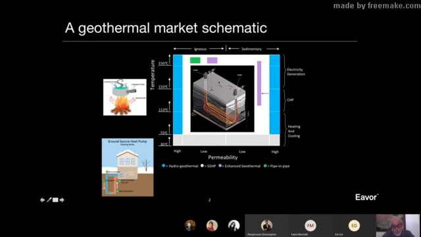Now, the idea, what they want to do is to have two power plants, and so they will extract hot water from one side at depth, circulate the water and extract the heat and produce electricity, reinject the cold water, warm it up at depth, and reuse it in the second power plant to produce electricity and reinject it back. So this is done by a company called Ivor in Canada,